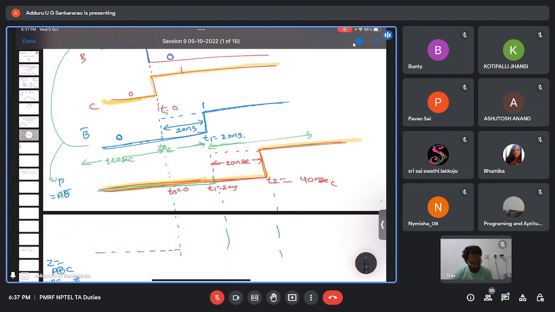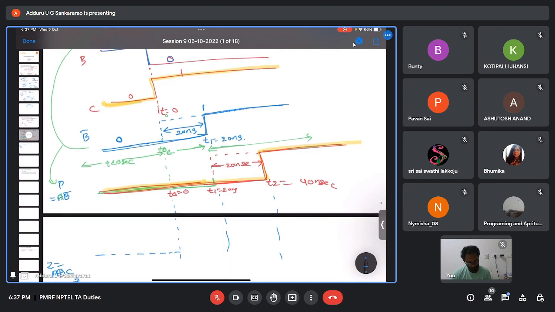Okay. Now from T0 to T1, C is 1 and P is 0. So one of the inputs is 1, so output will be 1. And from T1 to T2, C is 1 again and P is 0, so output is 1. And after T2, both C and P are high, so